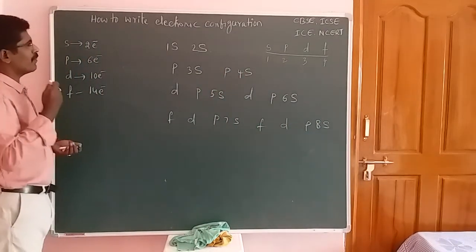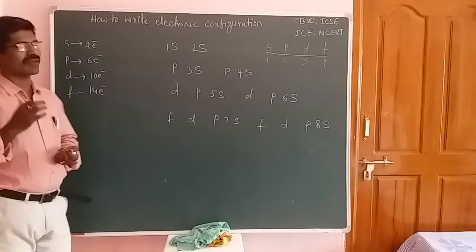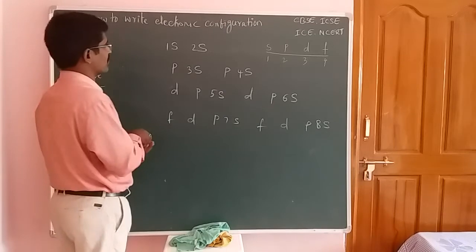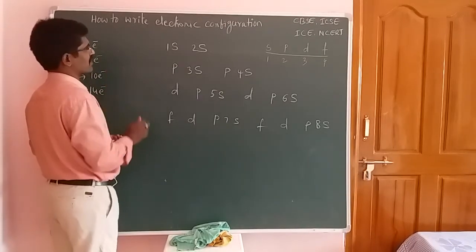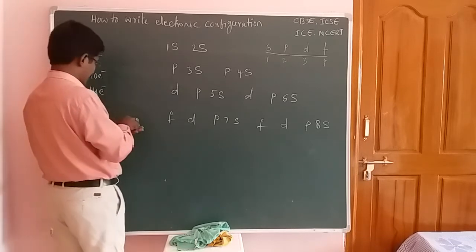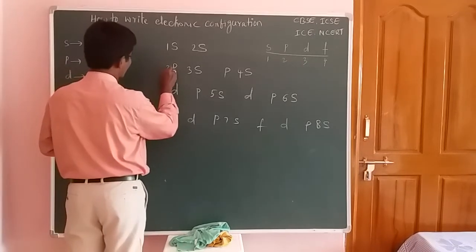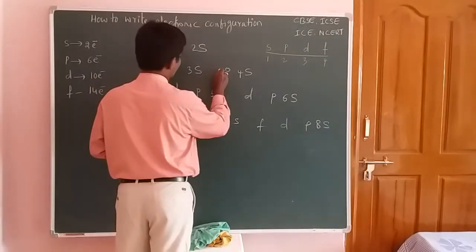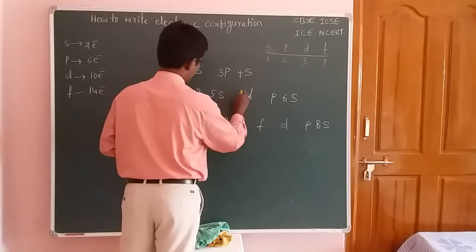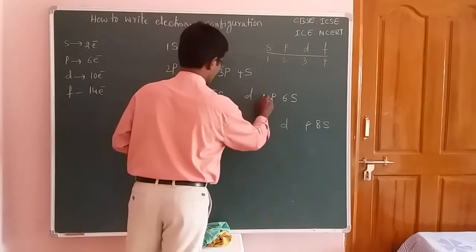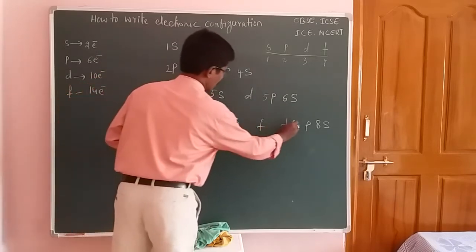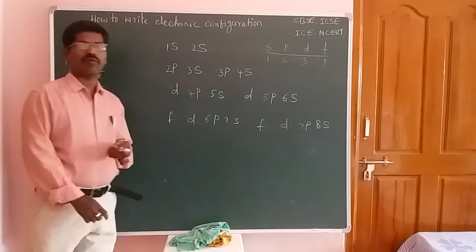And you know the p orbital starts from the second energy level, students. So where the p orbital is present from the beginning, we put the number 2. Here we write 2p, and the next one is 3p. Next one is 4p, then this one is 5p, the next one is 6p, and here this one is 7p, students. I hope it is clear.